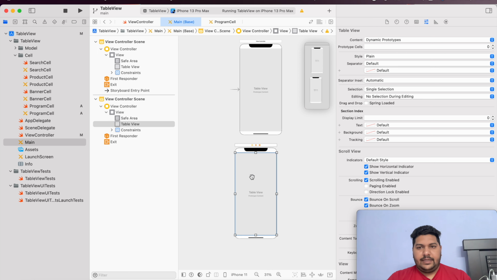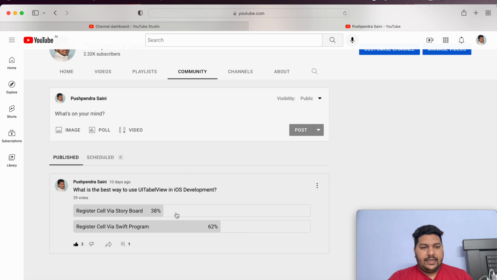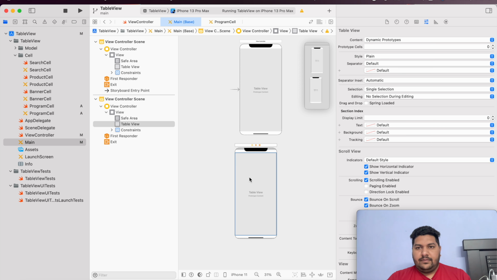Now this is my table cell. Now 38% of people said that register via storyboard is a good practice, but it is not a good practice because it's tough to manage in the future and it's tough to customize. If any change is coming, then again it's tough to customize. The same thing is there, that is program cell.